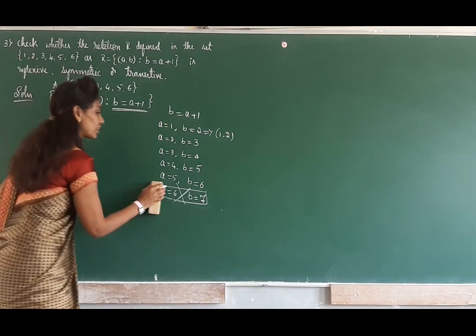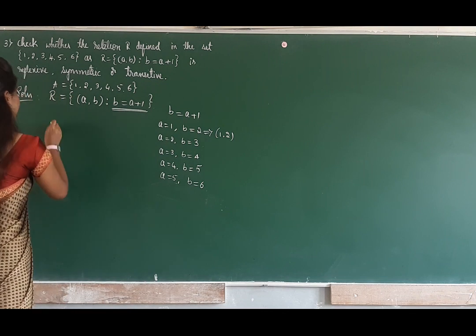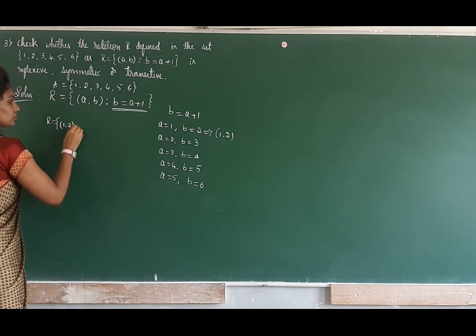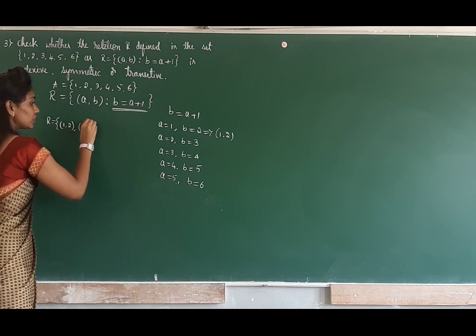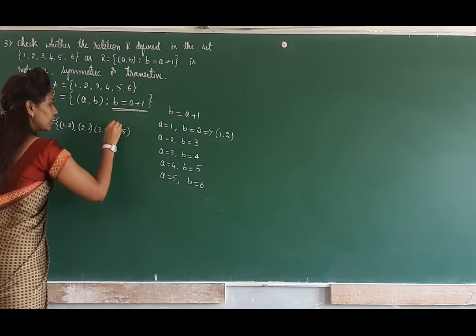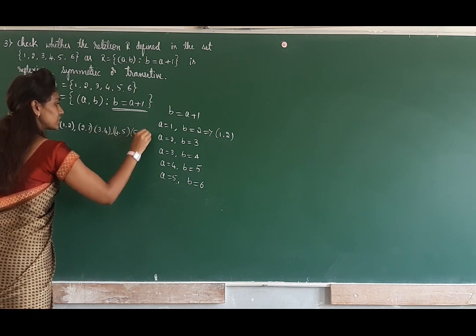So the ordered pairs of the relation R are equal to ordered pair 1, 2, ordered pair 2, 3, 3, 4, 4, 5 and 5, 6. Here